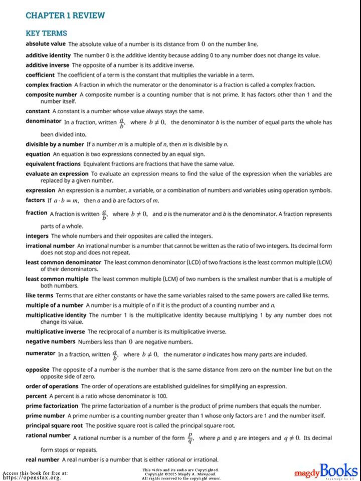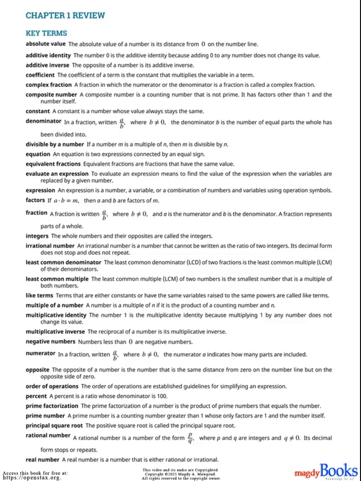Irrational number. An irrational number is a number that cannot be written as the ratio of two integers. Its decimal form does not stop and does not repeat. Least common denominator. The least common denominator, LCD, of two fractions is the least common multiple, LCM, of their denominators. Least common multiple. The least common multiple, LCM, of two numbers is the smallest number that is a multiple of